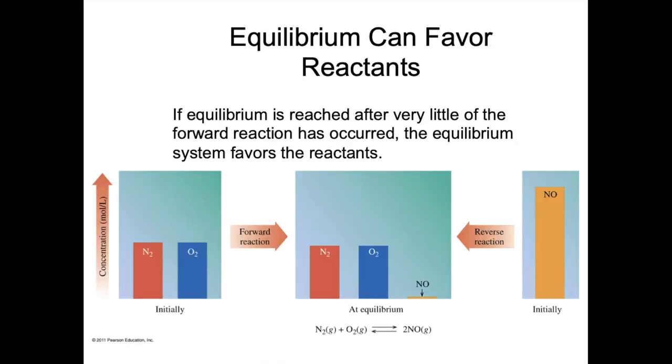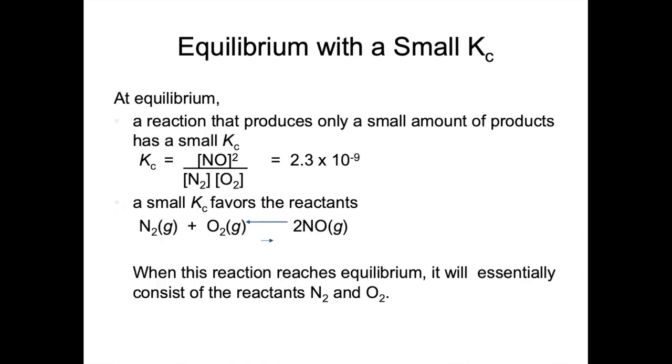Okay, then we of course can have the converse situation. What if we have an equilibrium where at equilibrium we have lots of reactant and very little product? So look at this equilibrium here between nitrogen, oxygen, and nitrogen monoxide. Nitrogen monoxide is your product, and there's very little of it at equilibrium. So ask yourself, what would the value of Kc be for this equilibrium? And you've probably figured out that here, it's going to be a very small number, right? You're taking a very low amount of product and dividing it by very large numbers for your concentration of reactant. So again, whenever you take a small number and divide by a big number, you get a pretty small